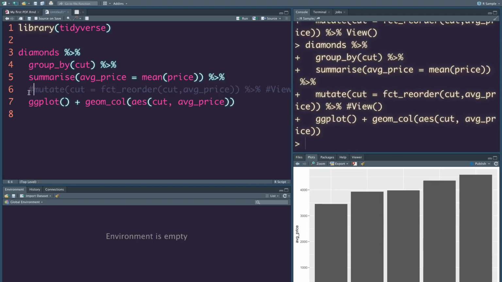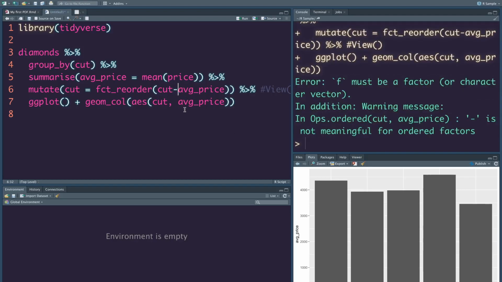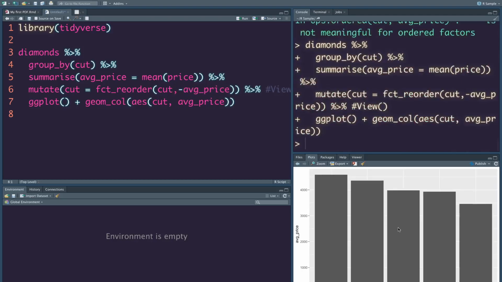When you do not have this and you make the plot, it is unsorted. But when you add the single line that reorders the factor cut with respect to the price, then it is sorted. If you want it in descending order, you can simply put a minus and sort it. It's as simple as that. You can use any method you like, and this will make your plot look much better and more insightful. It's also easy because it's just a single line. Either use fct_reorder or simply use base reorder within your aesthetic.